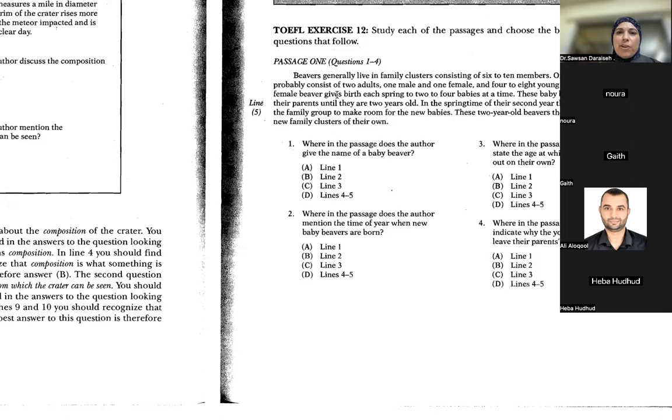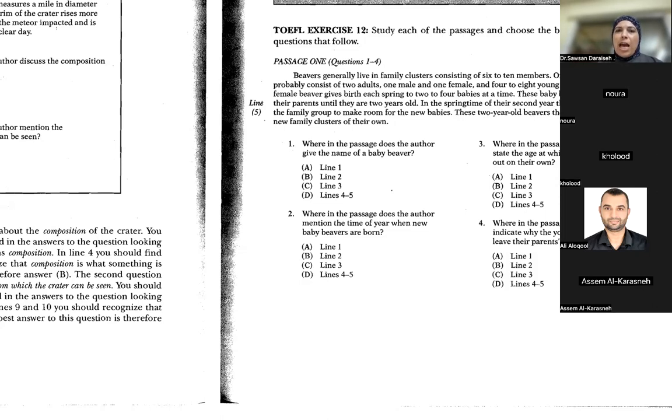A female beaver gives birth each spring. Every spring there is a birth for the female beaver, all right? To 2 to 4 babies at a time. So in one litter she gives birth to 2 to 4 beavers or kits. These baby beavers live with their parents until they are how old? Until they become adults on their own, 2 years old. Yeah, 2 years old. So in the springtime of their second year, with their family,